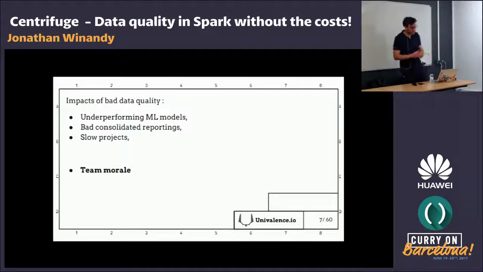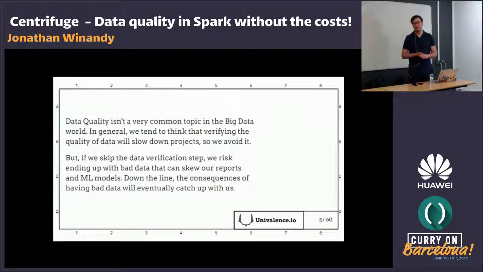The impact of bad data quality is obviously a lot in machine learning. It's a subject that is not commonly discussed because it's highly related to the data sources we collect. Everybody has data quality problems, but they are always different.